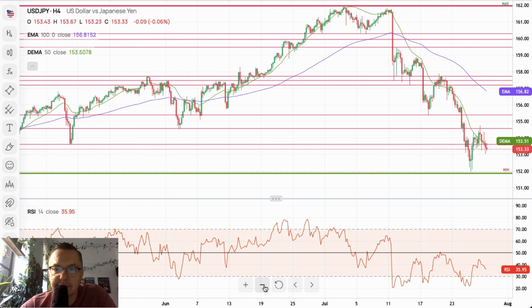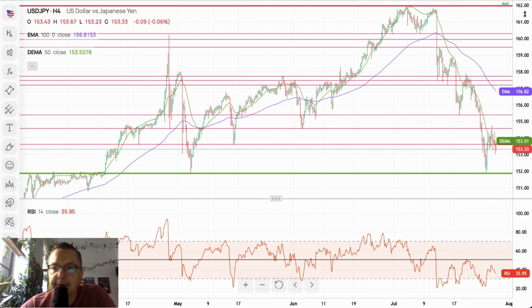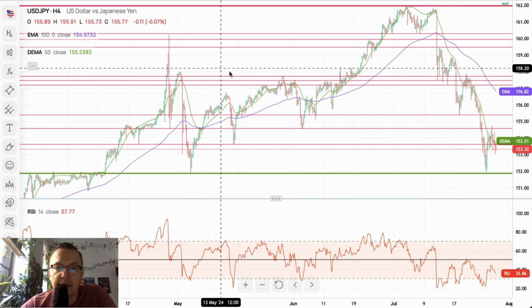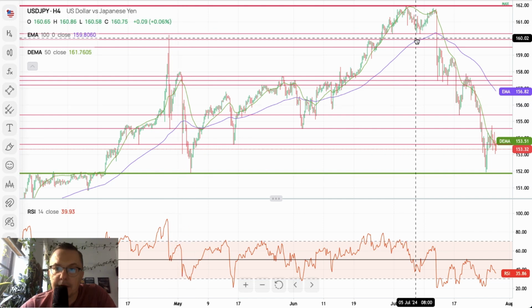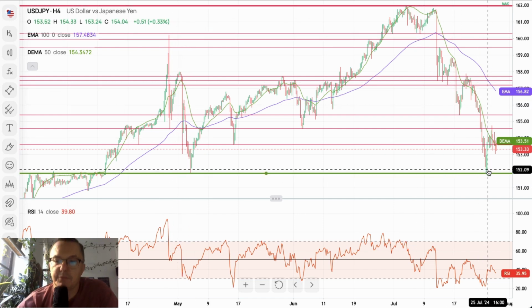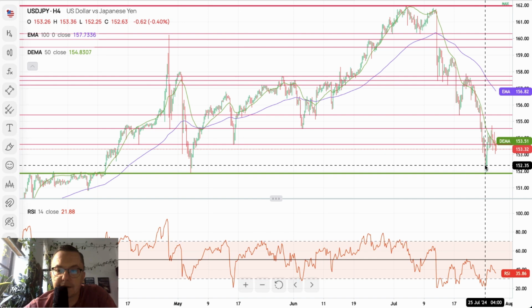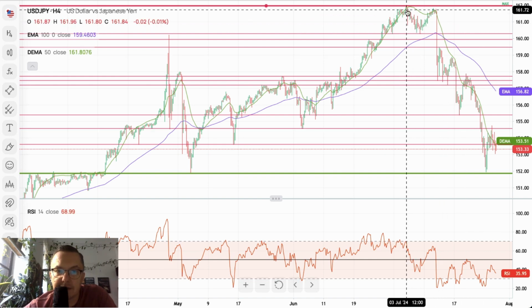If we zoom out to see the perspective, you can clearly see that this movement to the downside is way bigger than even that one, and that's a Bank of Japan intervention. So the market reaction for the movement to the downside and the new high made at 161.96 is way bigger than the Bank of Japan intervention, which means that this movement to the downside might be considered as the beginning of the new cycle down, possibly some bigger correction.